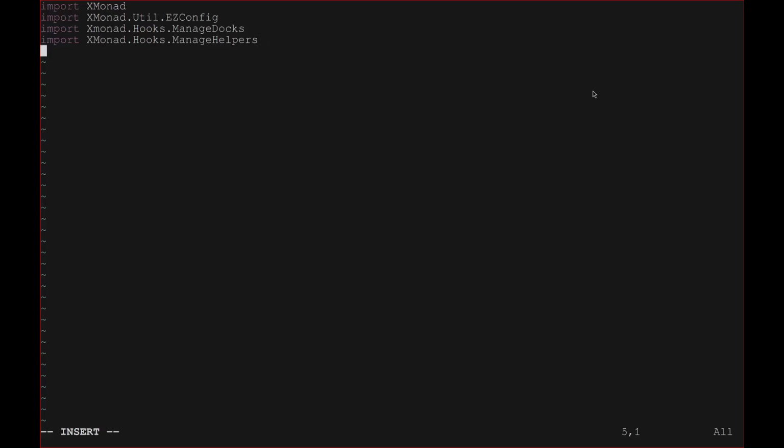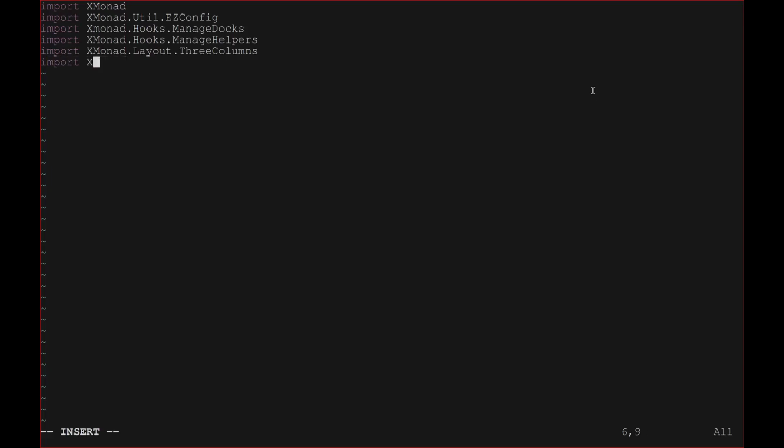Let's go down to the next line, and let's add a couple layouts. So let's do import XMonad dot layout dot, let's do 3 columns. I think it's columns, 3 columns. So again, sorry, I'm thinking as I'm going and hoping I remember this correctly. So import 3 columns, and then we need to import, I know for a fact we need